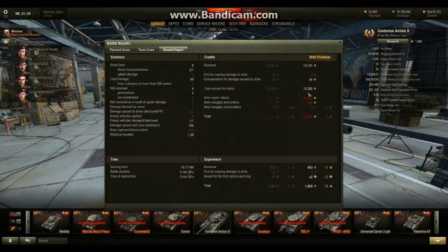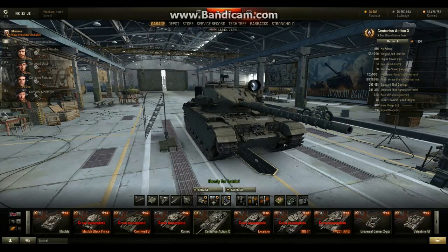But frankly, as awful a player as I am, if you only lose 12,000, that's not too bad. I can understand why people say they lose 50, 70, 80. That's because you're spamming a lot of premium. But this isn't too bad a tank. Well,